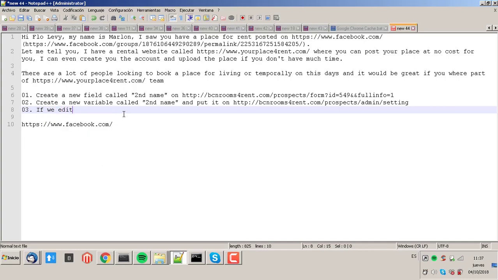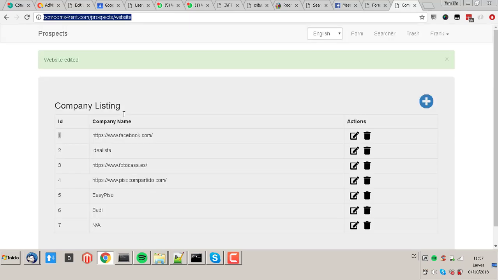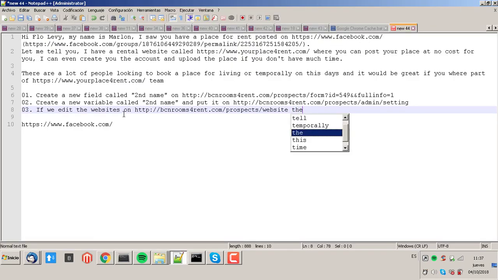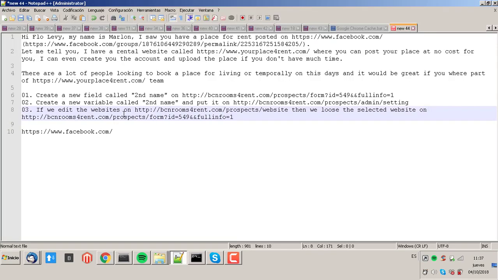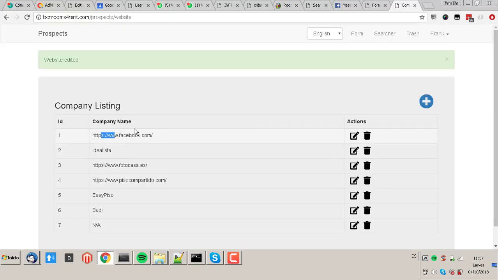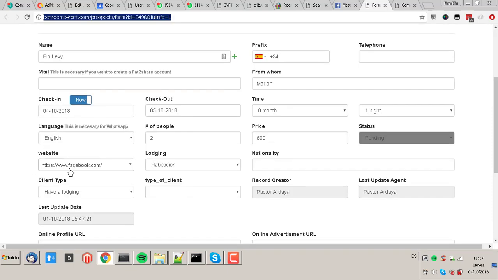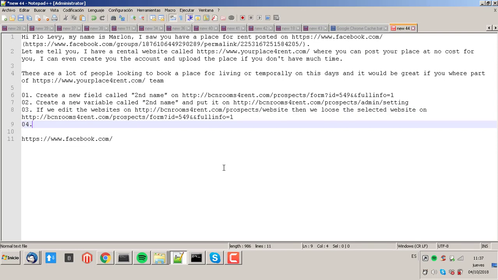so if we edit the websites, then we lose the selected website on here. So if I change any website name, like Idealista or whatever, and if Idealista was selected here and I change the name of Idealista to something else, when I come here it says in white, it's blank. That's what I'm saying. Number 4,